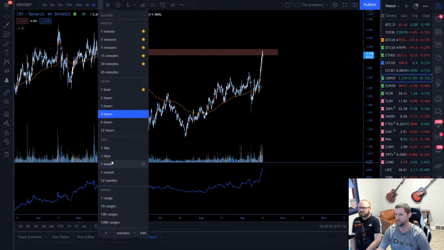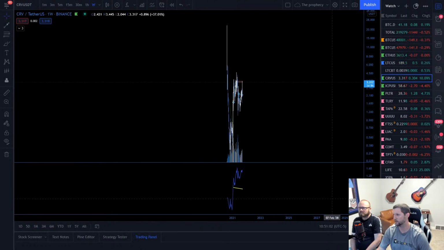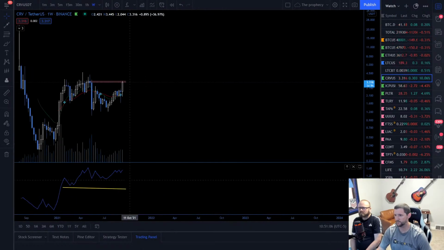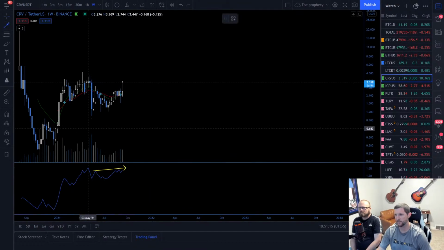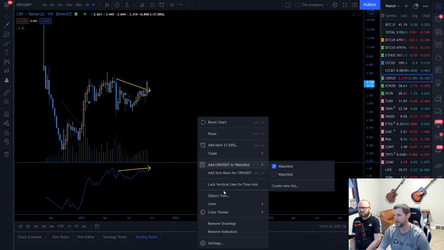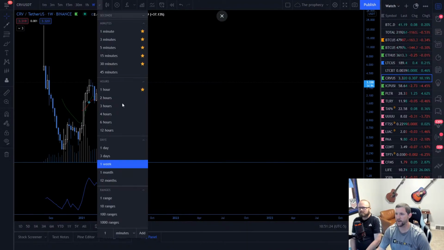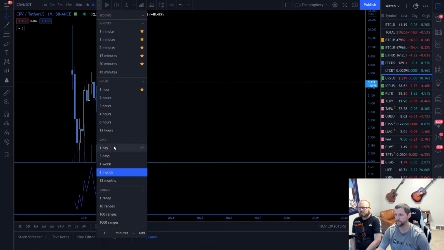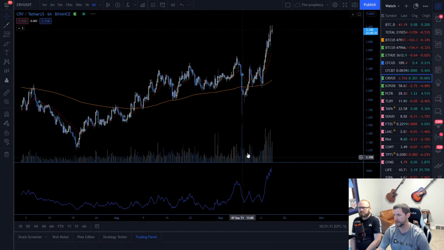And you can see here where I had a better chart. I think it was on the weekly. Well, you had to have a bullish divergence here because volume's going up, price was going down, like this. So a little bit of a bullish divergence there. I thought maybe it was a different chart. I thought we had a really good bullish divergence on one of these charts for CRV. But anyway,